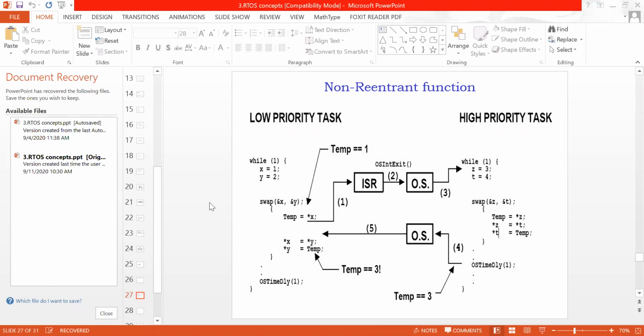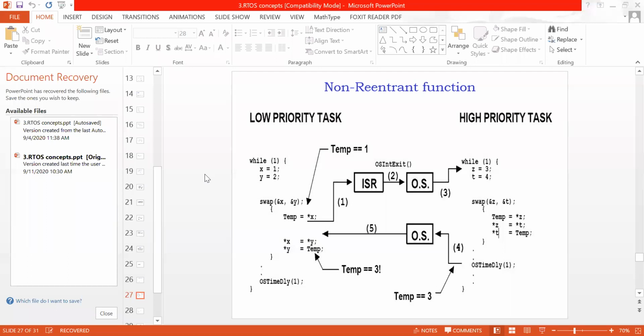So what happens in a non-reentrant function? Whenever a low priority task is interrupted, data corruption occurs. Functions which corrupt the data when switching from the low priority task to the high priority task, and then again from the high priority task back to the low priority task, lose the original data.